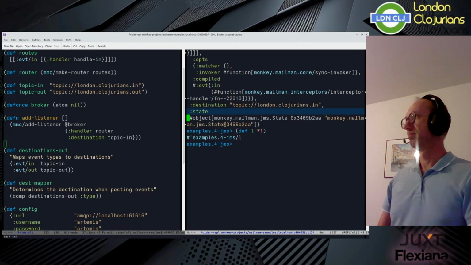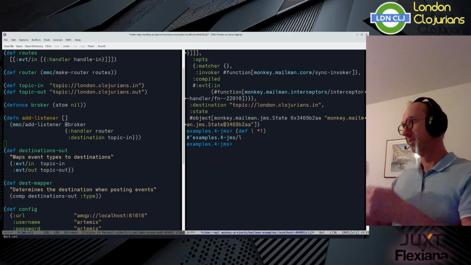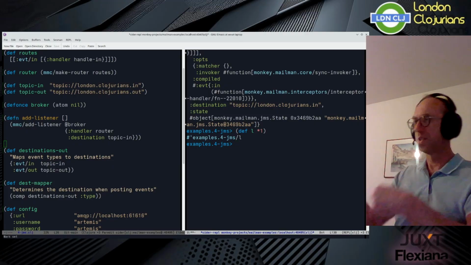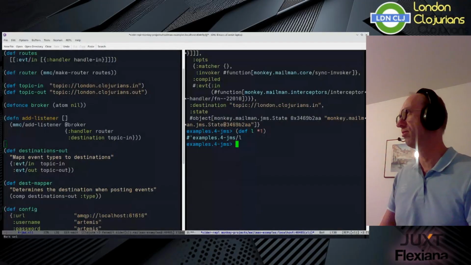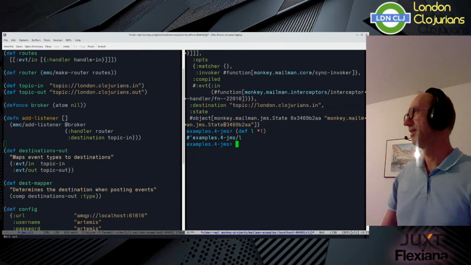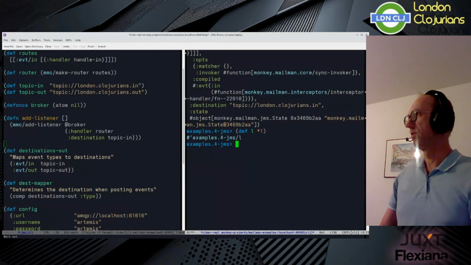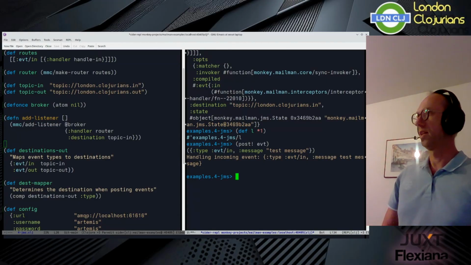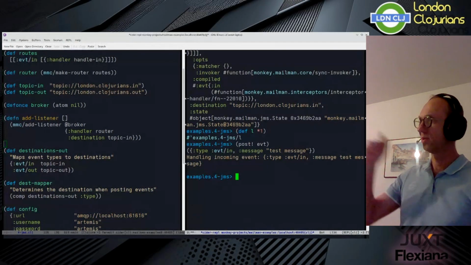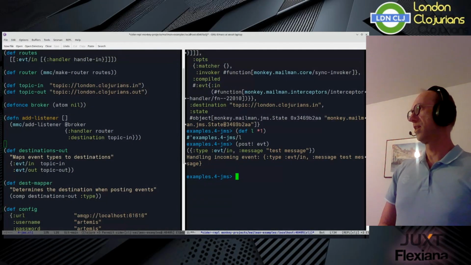I'm using a type, an object, instead of a record because listeners refer to the broker, which refers to the listener, and you get a reference loop. So if you ever were to print it out, you would get a Stack Overflow. That's why it's in a type that hides its context when printing. Now we have this listener. Let's post the event again, and now we see the expected results. Now we see that it's printed out. So the message is indeed posted to the london.clojurians.in topic, and it's received back by the listener and passed on